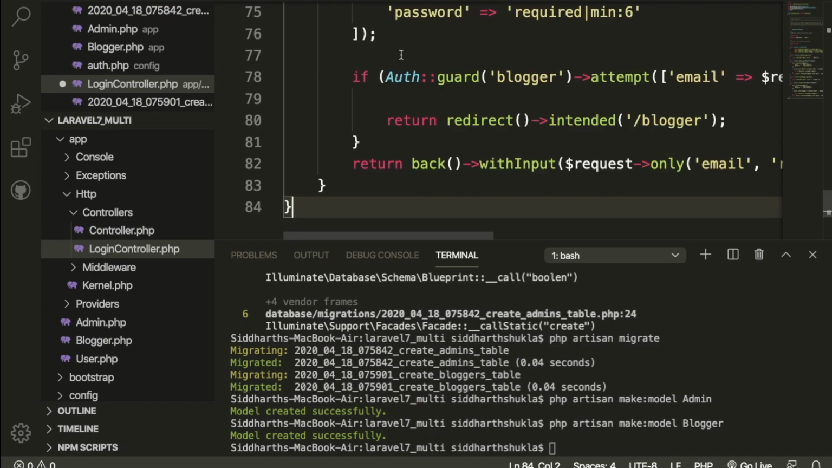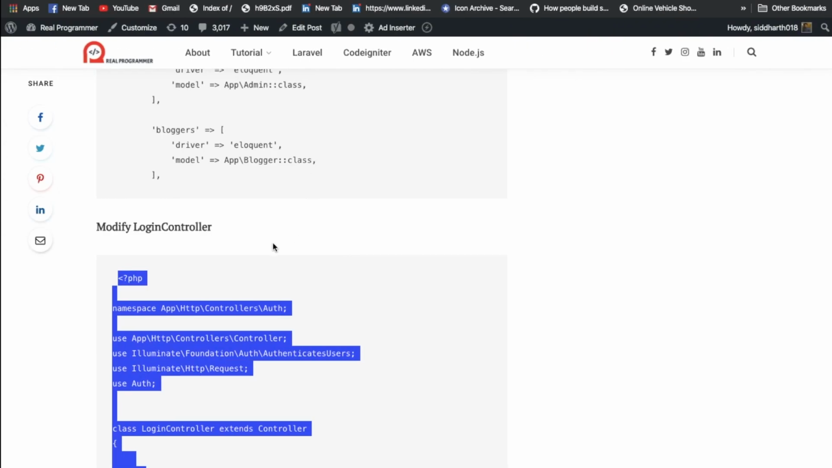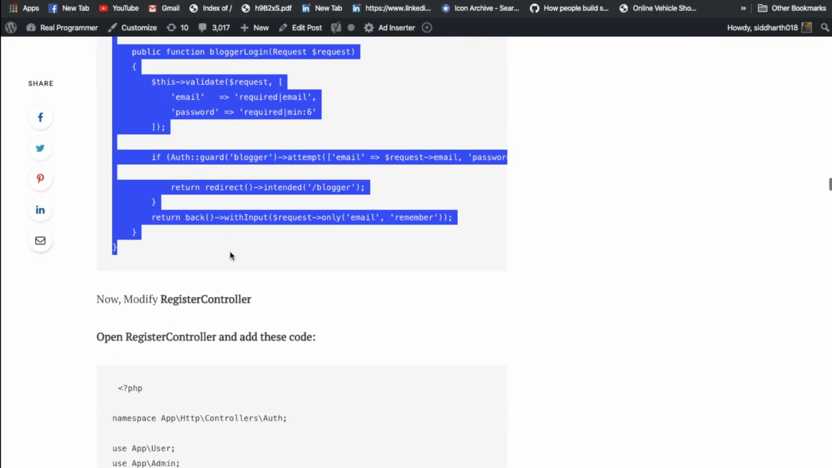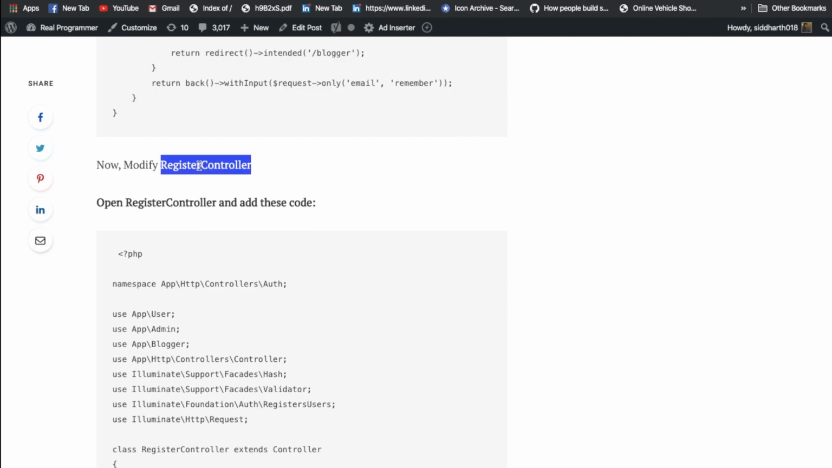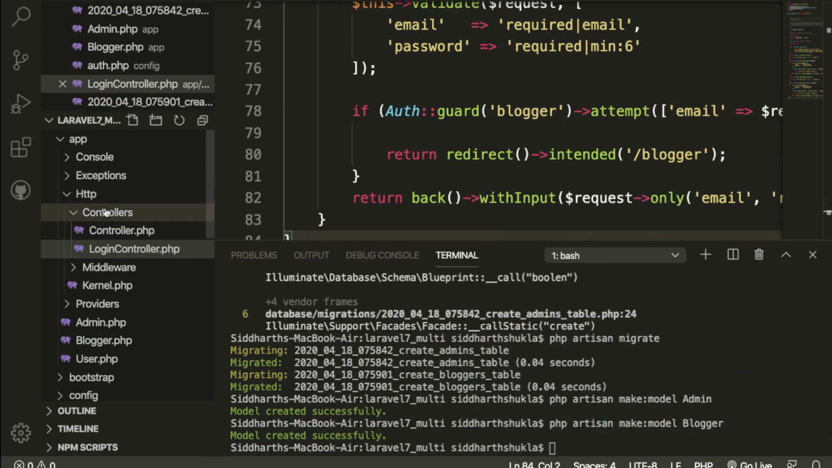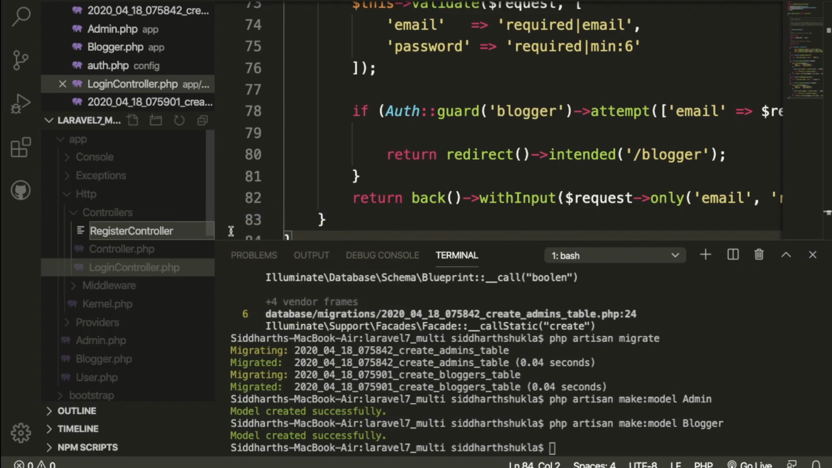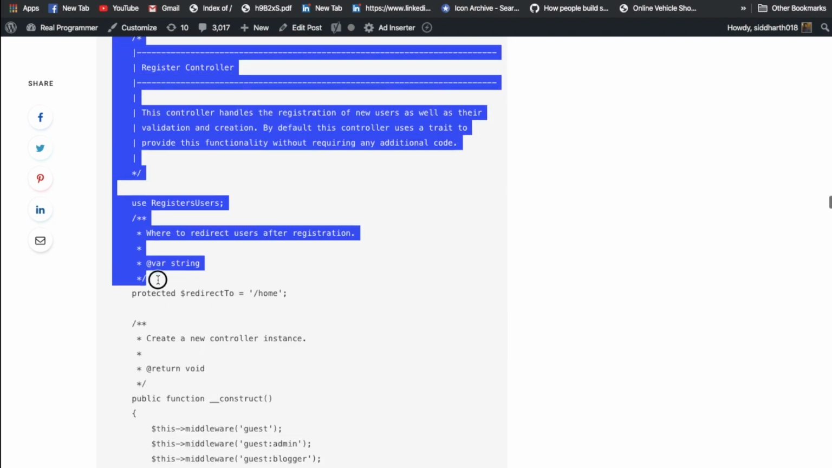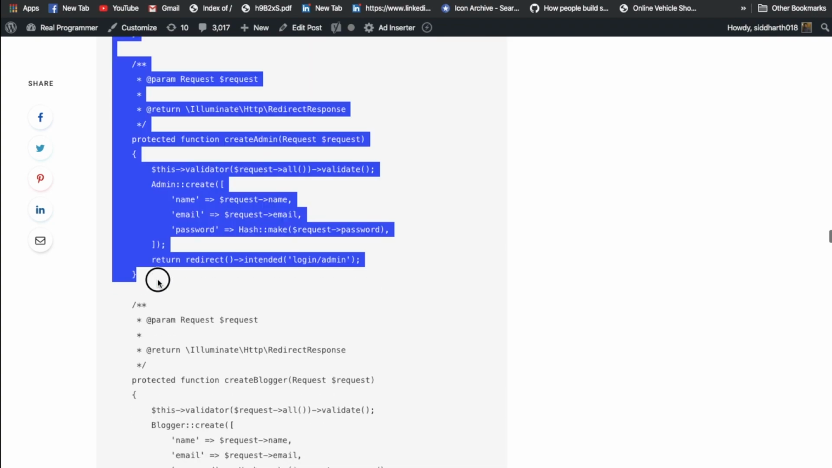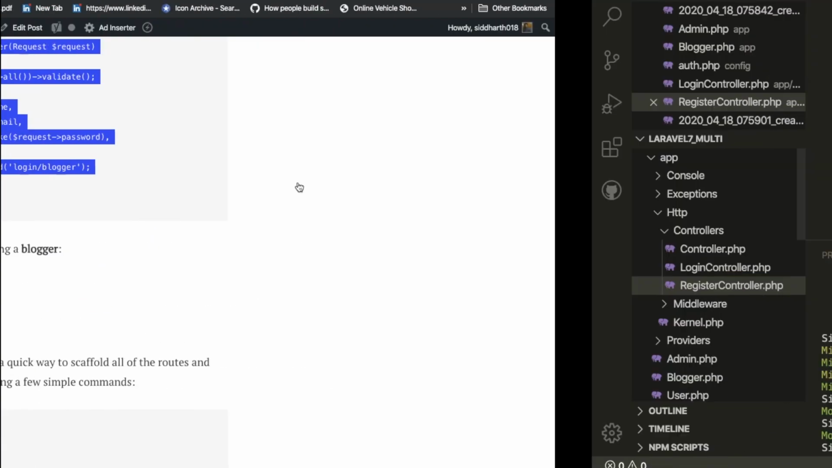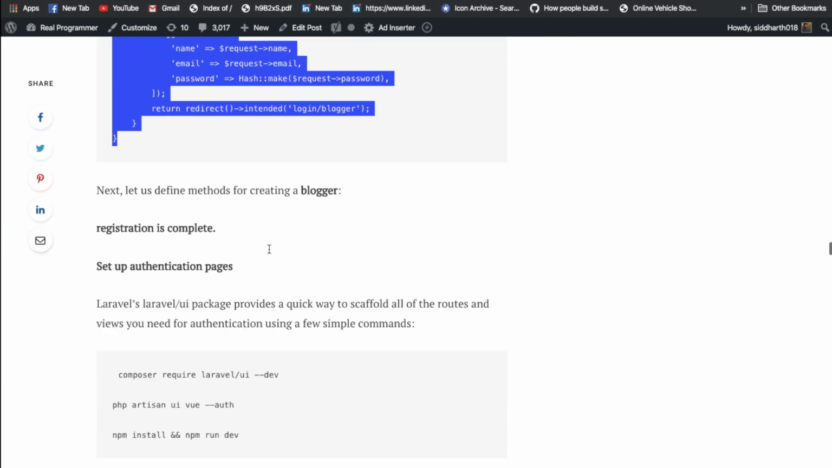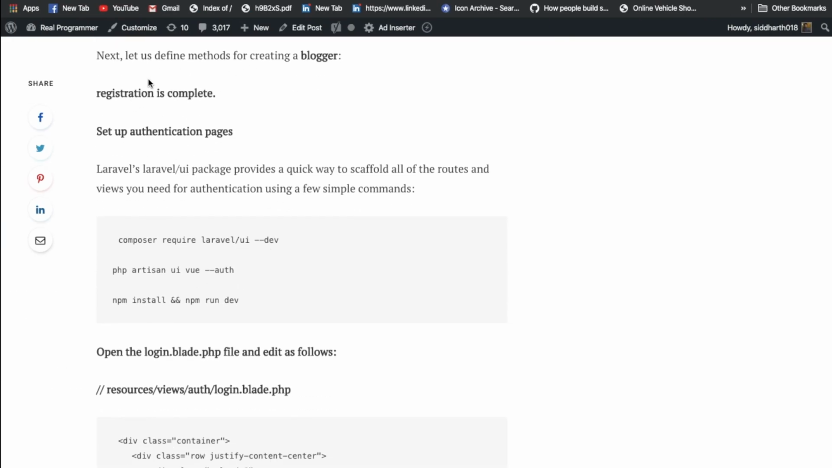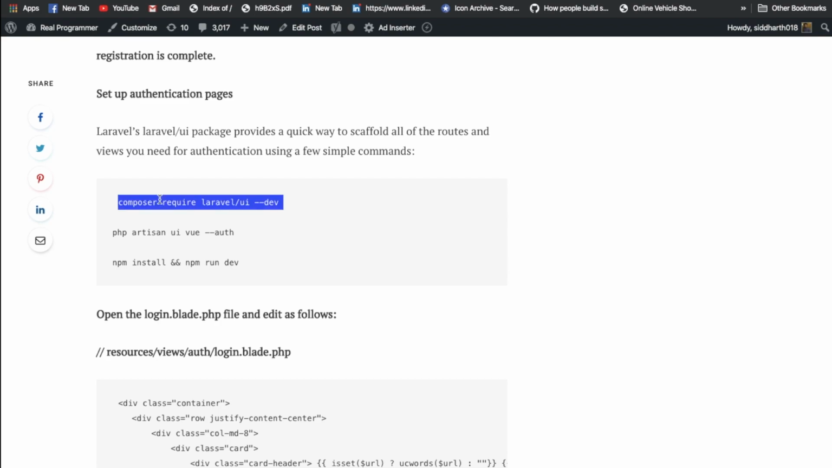Now the login controller is done. Now we need to create the register controller, controller.php. Then again I'm going to copy, and this is also done. Now the login and setup is done. Now we need to run this command,